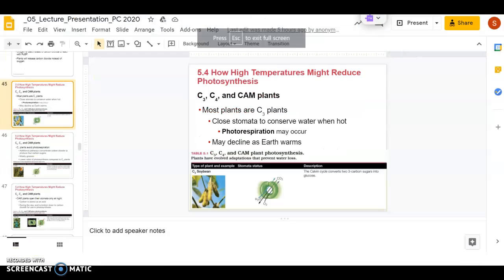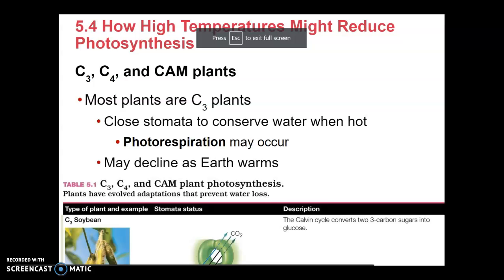Alright, so let's return to our discussion on C3, C4, and CAM plants, and these are just different alternatives in photosynthesis that allow for some different outcomes preventing water loss. We already talked about C3 a little bit towards the beginning of the last video, and the point I was trying to get across there is that in the Calvin cycle, in that first step of